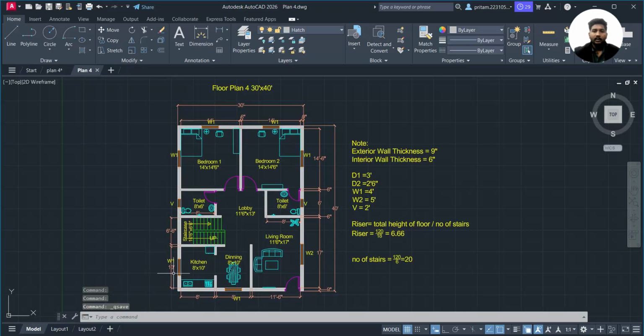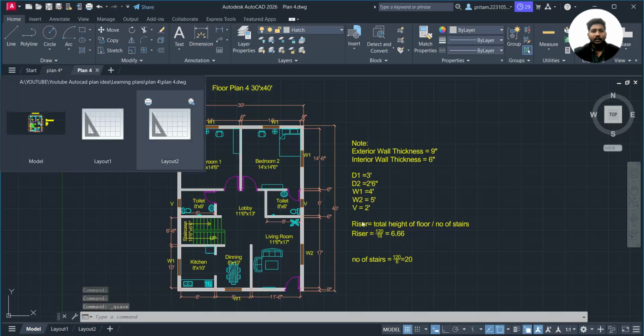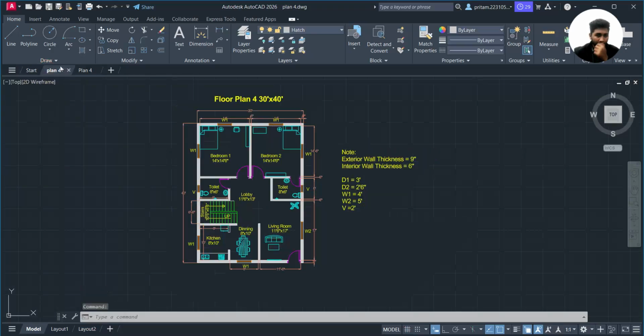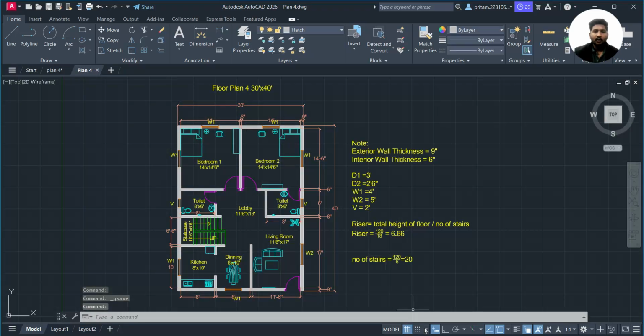Control S once again, and to see it in more detail, just go to our plan here. Here you can see that all the details have been added perfectly. Then what to do after that? You are not able to see the grids here, right? To see the grids you can just turn on this line, and you can see that the grids are made. Okay, so in our plan we can also just turn off this grid,